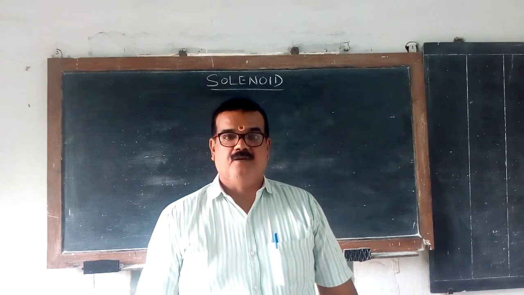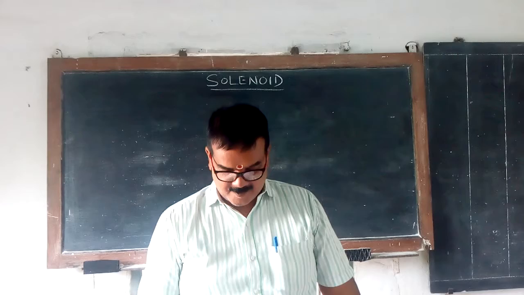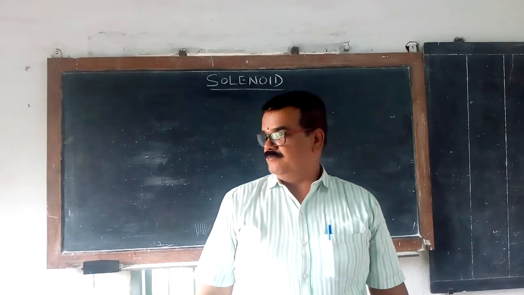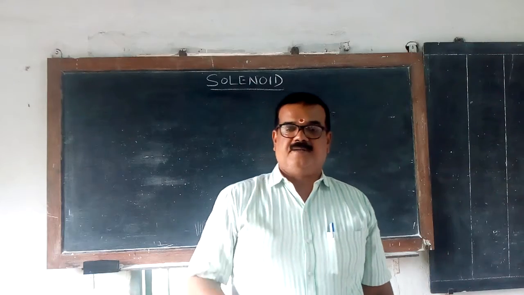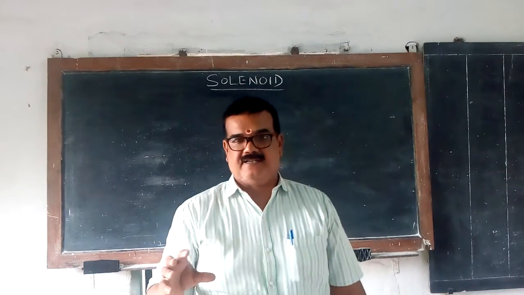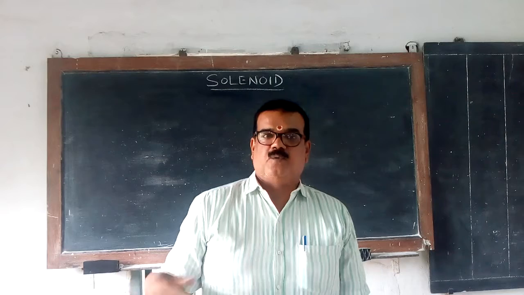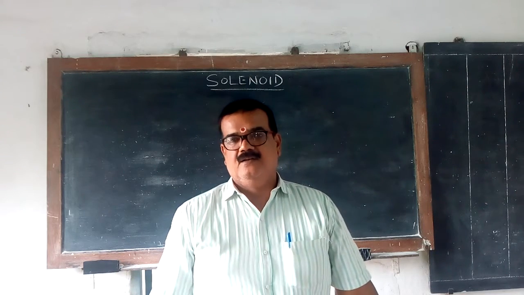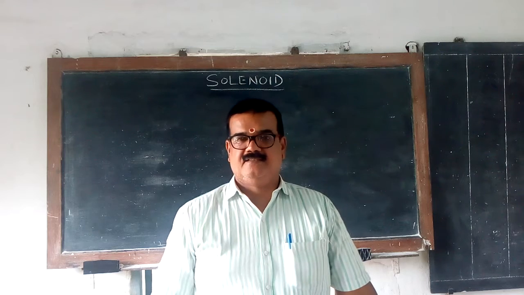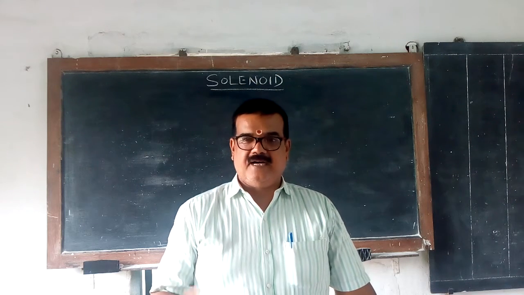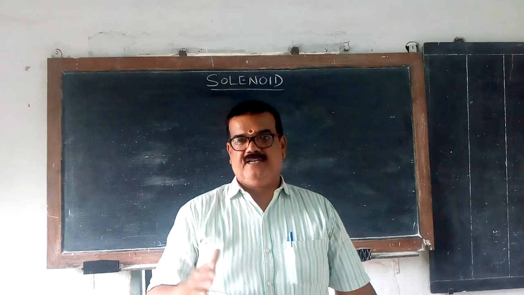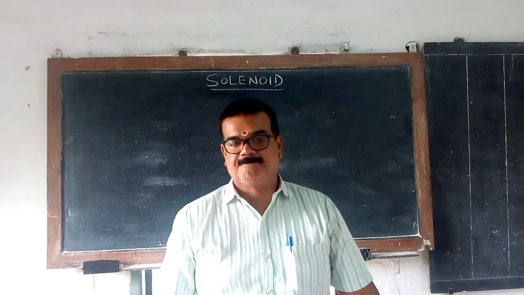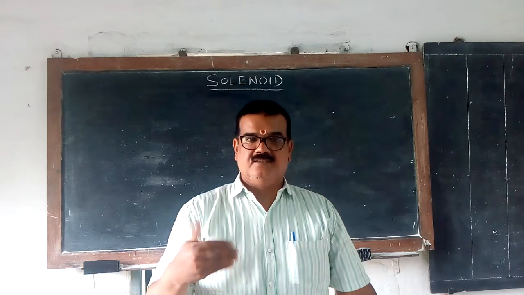Today we will discuss the solenoid. It's the second part of magnetism. In the earlier magnet chapter, we learnt about magnets, the units, what magnetic flux is, and what the magnetic intensity of a magnet is. Everything we discussed. Now in the solenoid part, we are using magnetism for many purposes, out of which the solenoid is one.